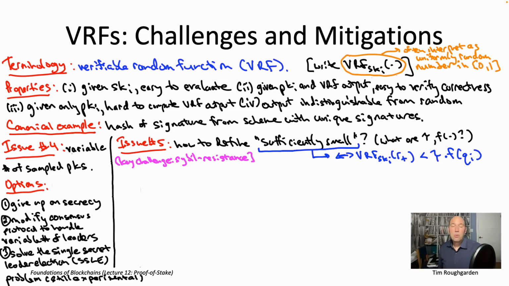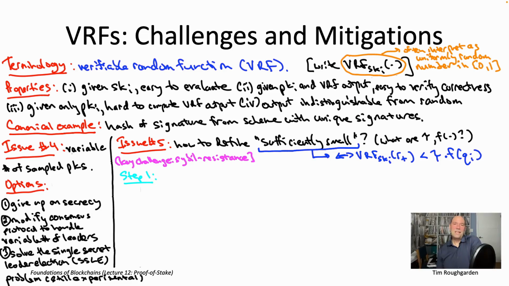The good news is that we'll be able to fill in these details in a quite systematic way using a two-step process. Step 1, we're going to think only about some public key that has associated with it the minimum amount of stake, so just one coin if you like. That's going to lead us to a method of choosing the parameter tau, and then the choice of the function little f is going to be forced by Sybil resistance. So let's start with step 1.